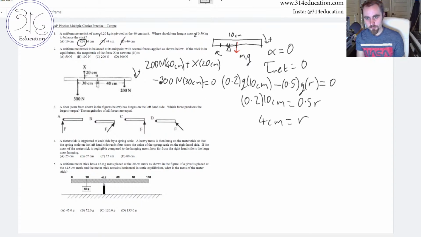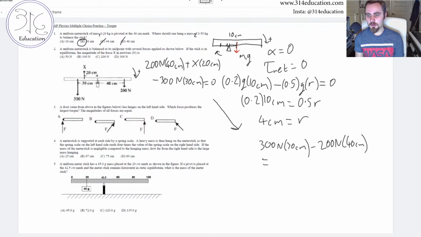So this is all going to equal 0, so we can bring this over to the other side. I'm actually going to pull this kind of down here, and we'll start writing underneath this guy here. Yeah, that should work. And so we have 300 times 30. And then we'll bring this 200 newtons over also, minus 200 newtons times 40 centimeters is going to equal our x times 20 centimeters. And so to get x on its own, we'll divide both sides by 20,